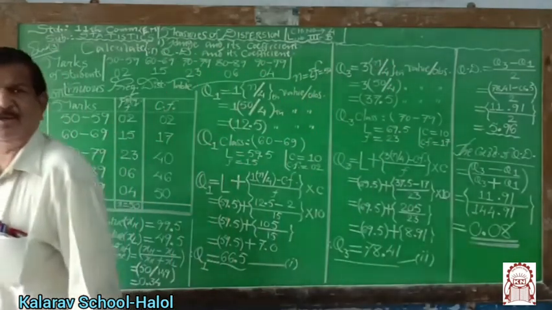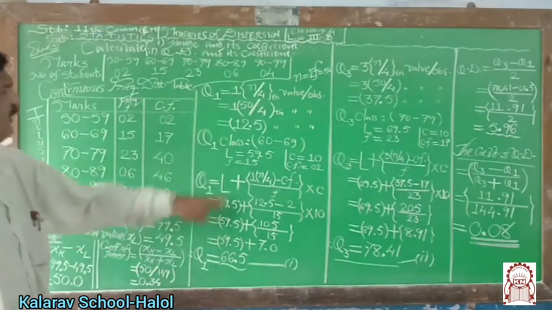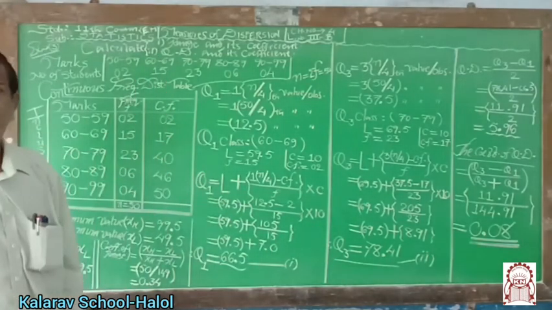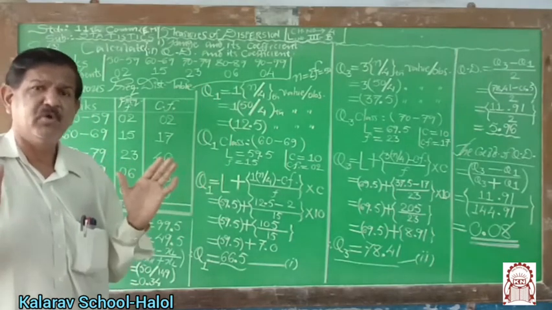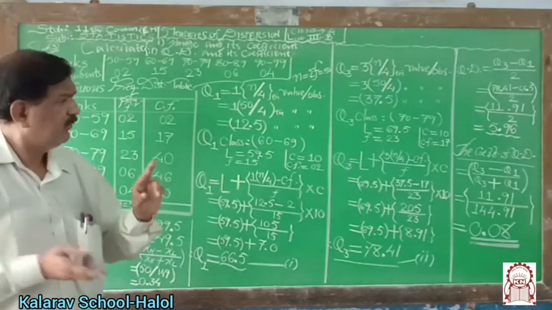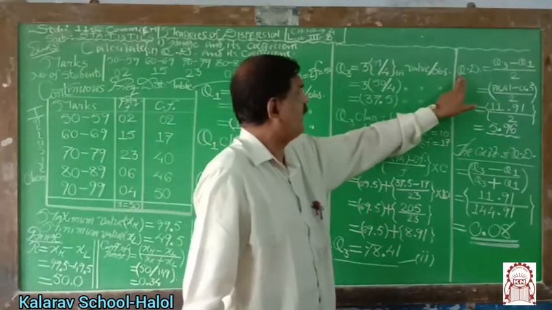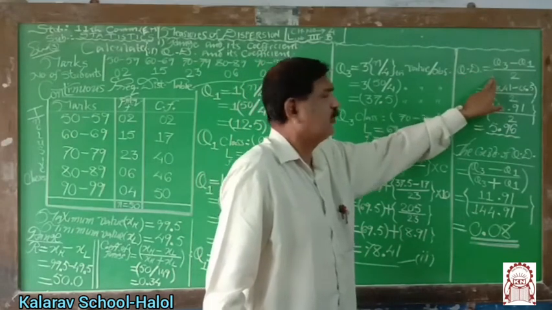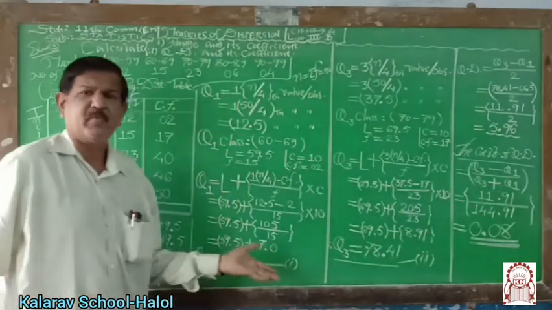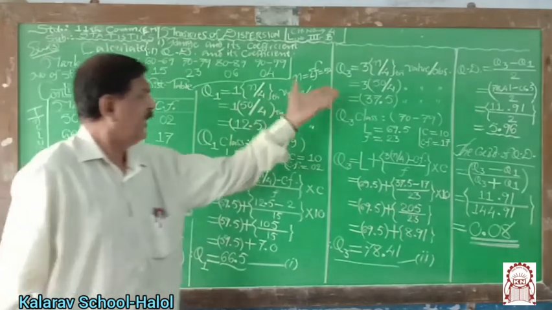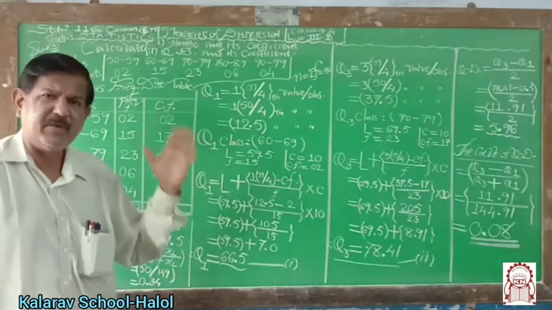Now for quartile deviation and the coefficient of quartile deviation, we have to compute Q1 and Q3. Chapter number 3, measures of central tendency, is a most important and very useful chapter for computing this. Only the formula is applied. QD means quartile deviation: Q3 minus Q1 upon 2. Coefficient of quartile deviation: Q3 minus Q1 upon Q3 plus Q1. The only requirement is how to compute Q1 and Q3, which we have seen in the previous chapter.